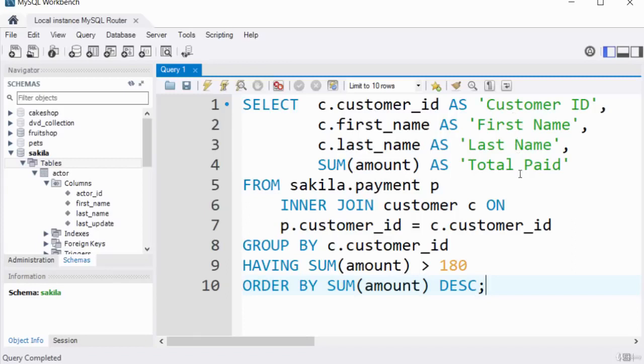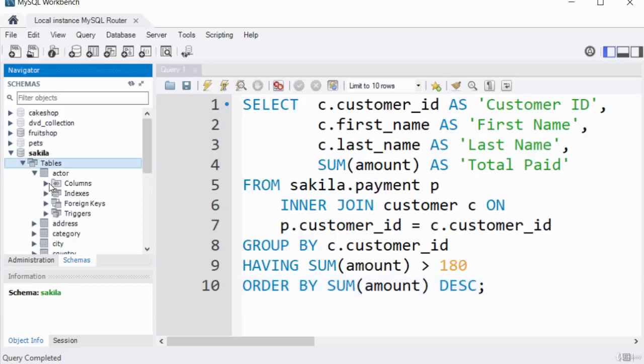We're basically selecting all these columns. We're selecting the customer_ID, and we're using an alias here. Where you see AS, that means alias. So we're giving it the alias customer ID. This is alias first name, alias last name, total, and we're applying a sum aggregate function here as well. From Sakila, this is a schema, and the column that we are working on